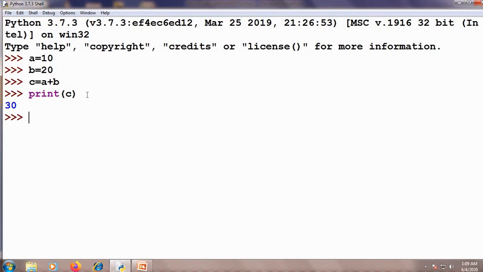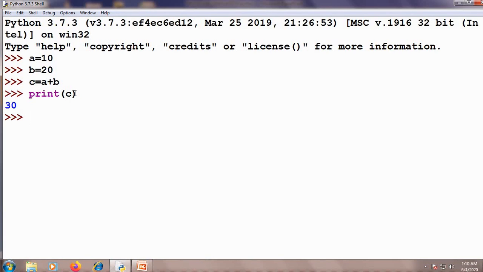In this class you learnt about tokens. Under tokens, identifiers, keywords, and so on. In this example, which one is an identifier? An identifier is nothing but a variable. A is a variable, B is a variable, C is a variable. So identifiers are nothing but variables. Keywords: print is a function. Like this, you have several keywords which have some specific meaning. And in the statement A plus B, plus is an arithmetic operator, and equal to is an assignment operator. In the next class you will be learning that.